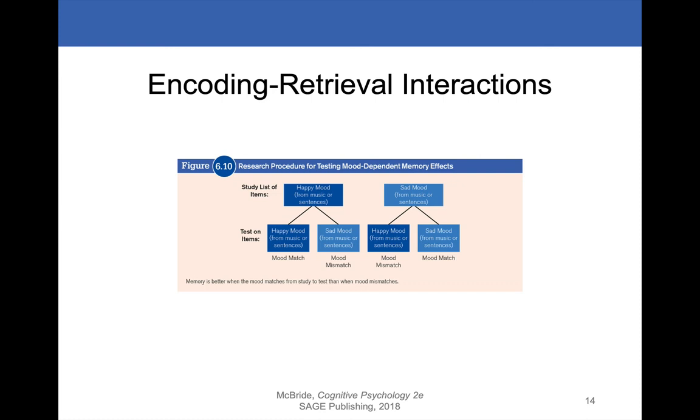And then each one of the groups, the happy group and the sad group, was broken up into two subgroups. Just like in the previous study, some of them were able to do their recall test while in the same mood that they studied in, or they got switched to the other mood. So you had a mood match or a mood mismatch. And sure enough, if you studied your list of items in a happy mood with happy music, and were tested in a happy mood, you would do better than if you studied in a happy mood and then were put into a sad mood and tested.